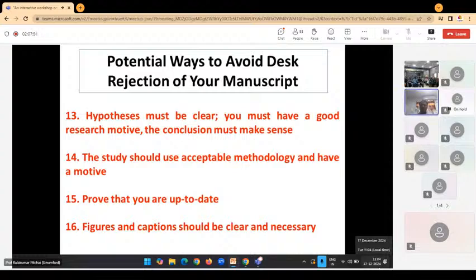Your hypothesis is made based on the research gap. So your hypothesis must be very clear. You must have a strong research motive. The conclusion must make sense. And your conclusion should be written based on your own result, not based on your hypothesis. The study should use acceptable